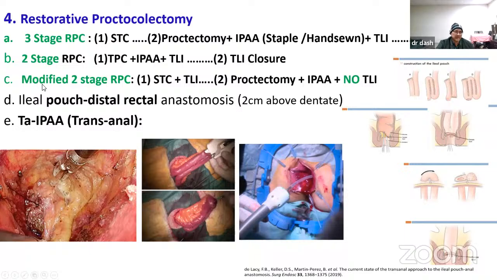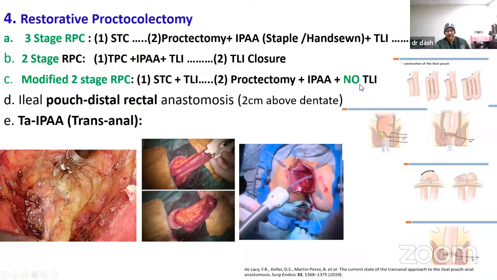And there are recently published articles on modified two-stage restorative proctocolectomy, wherein the first step is subtotal colectomy and temporary loop ileostomy. And then after 3 months, do a proctectomy, a removal of the rectum with ileal pouch anastomosis and no